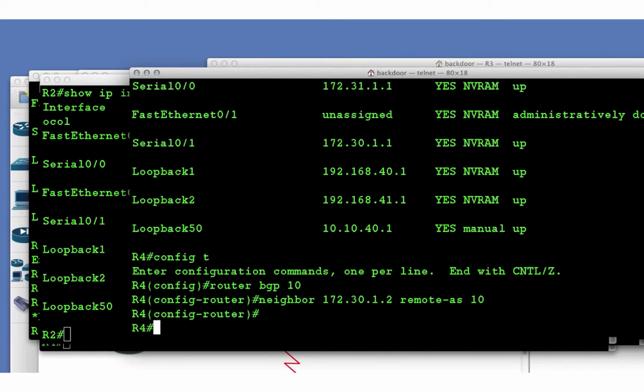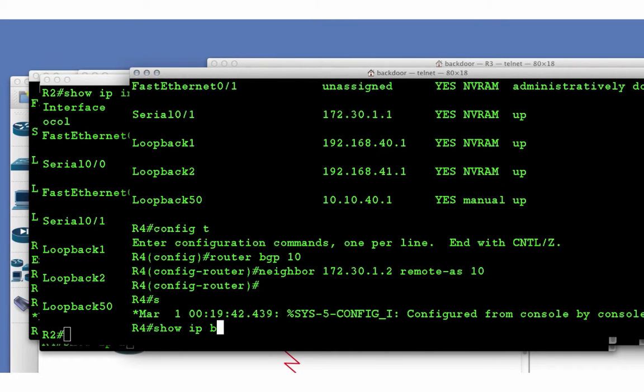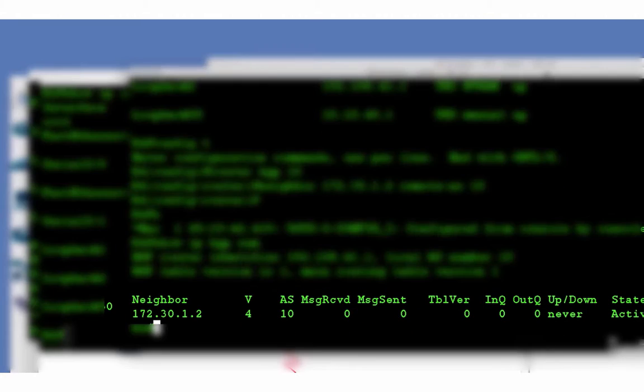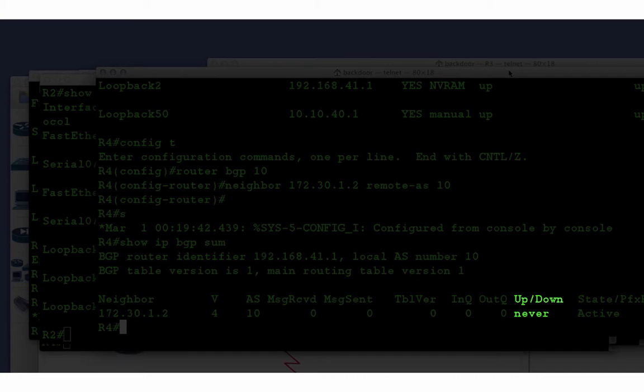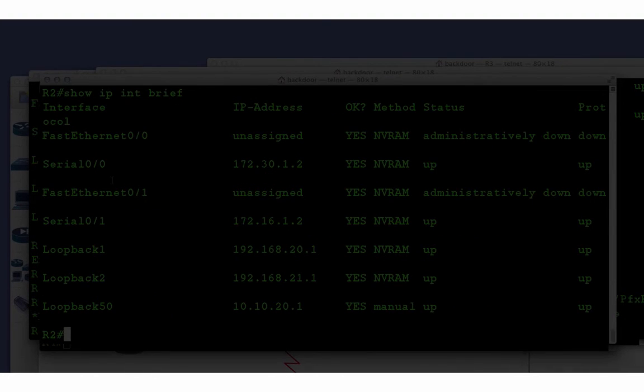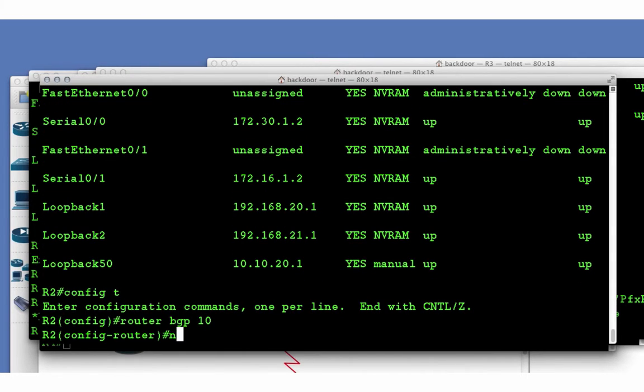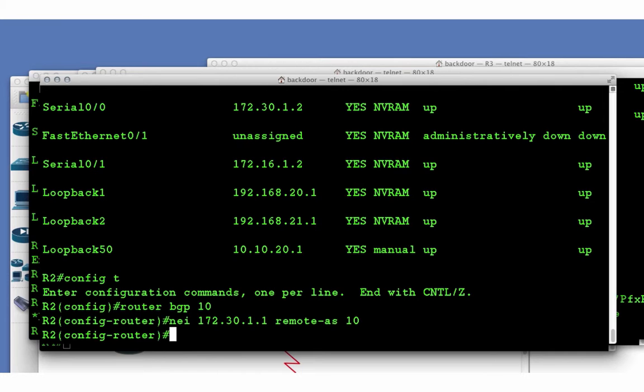So this is an iBGP connection, which we will talk about later, but basically we're connecting two routers in the same AS, and there you see our neighbor is not up. We see it in our BGP table, but it's not up and active because we have not enabled it on router 2. So on router 2 we type router BGP 10, the neighbor, the IP address for router 4, and